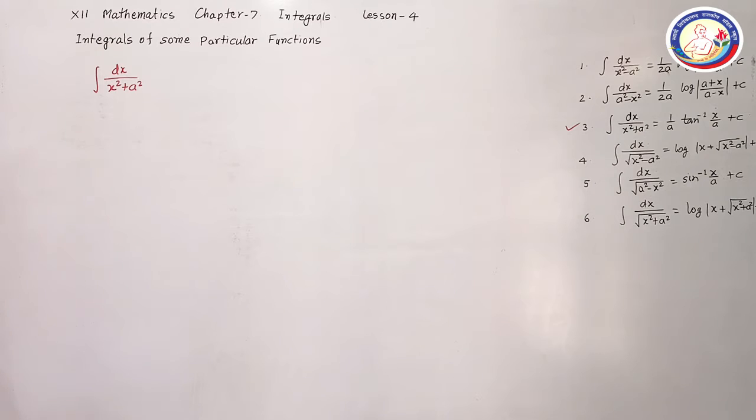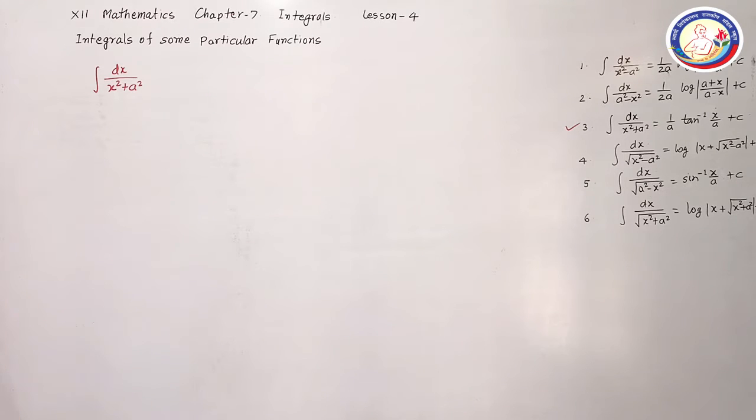Now understand the third formula. It is integrate 1 upon x square plus a square with respect to x. X is variable here. No factorization is possible here. We can't find factors of this. We will use substitution here. We have to keep it in mind that in denominator, if we substitute any value or any function for x, then we must have a single term in place of this.